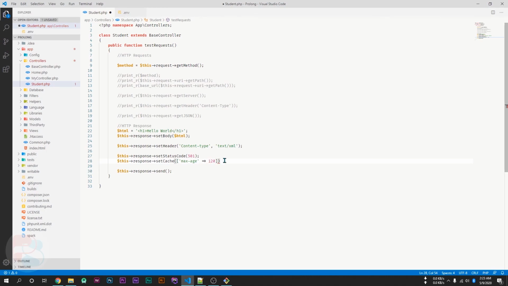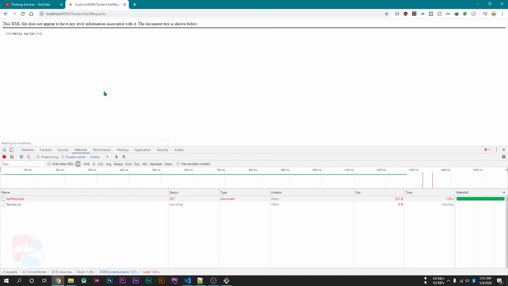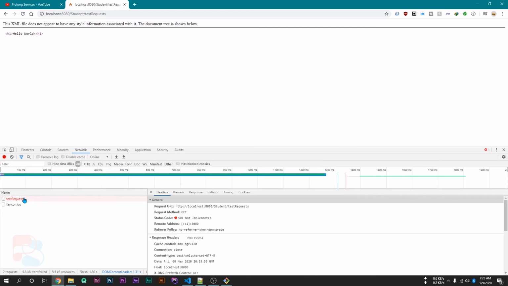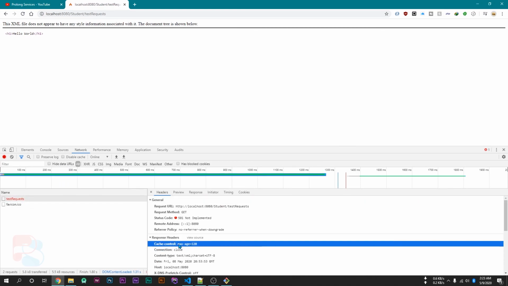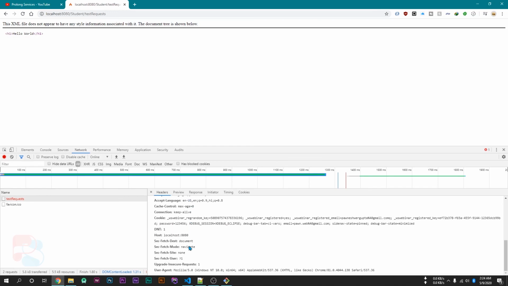If I save and reload my page, and go to the function, now our cache is set as max-age 120, which means its cache will work for 120 seconds, and we can change any other fields according to our need. So this is all about the HTTP request and HTTP response in CodeIgniter 4.